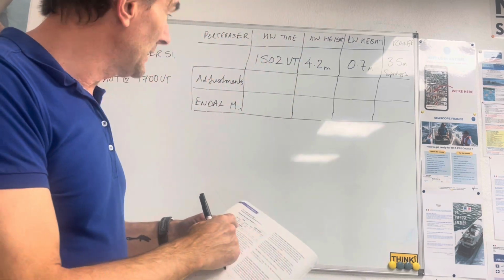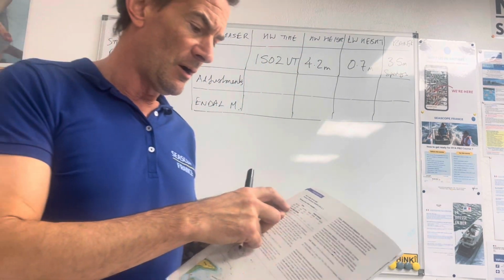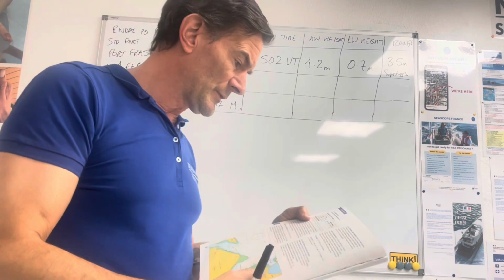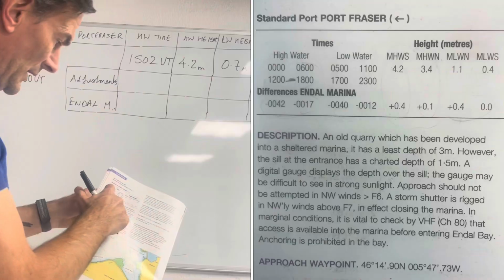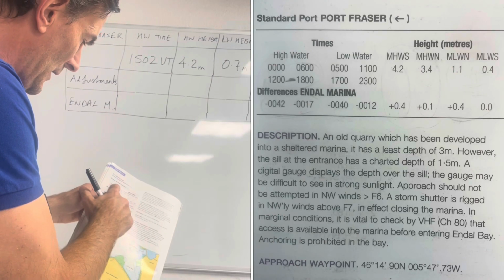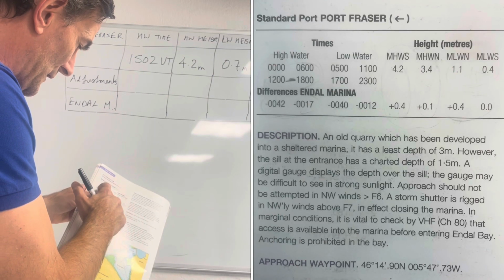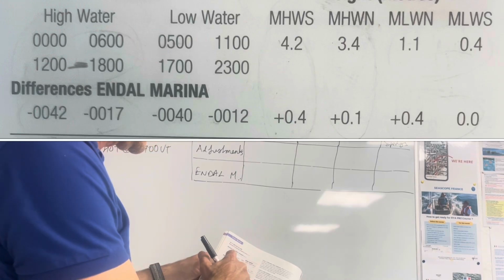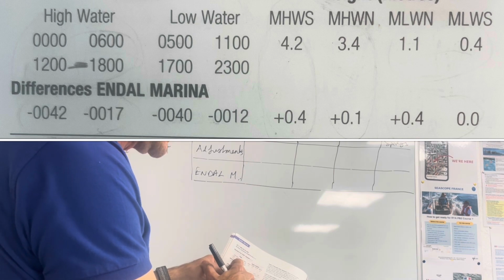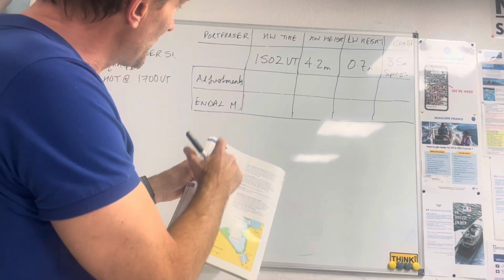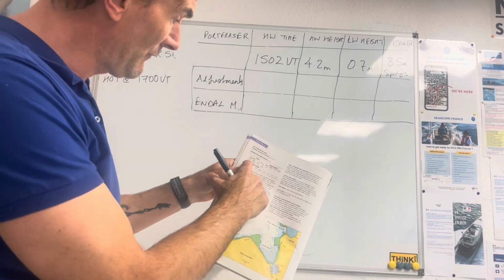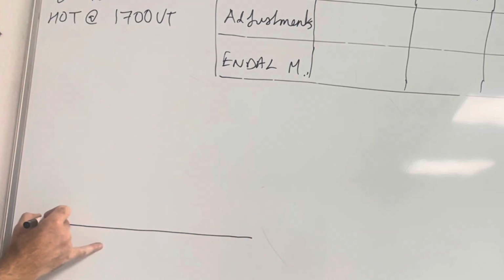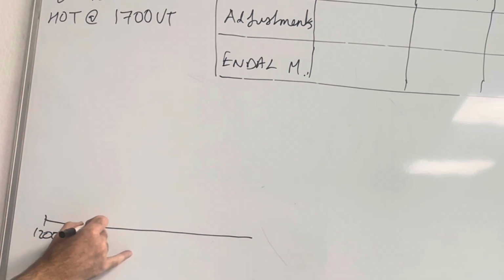So here we are, and we are looking at a high water time of 1502 UT. Now the corrections table shows us high water heights and times with the adjustments. The high water times, if we had high water at midnight or midday, the difference would be minus 42. If we had high water at 6 in the morning or 6 in the evening, it would be minus 17. So 3:02 in the afternoon lies somewhere between 12 o'clock and 1800. So we're going to draw a line between 1200 and 1800